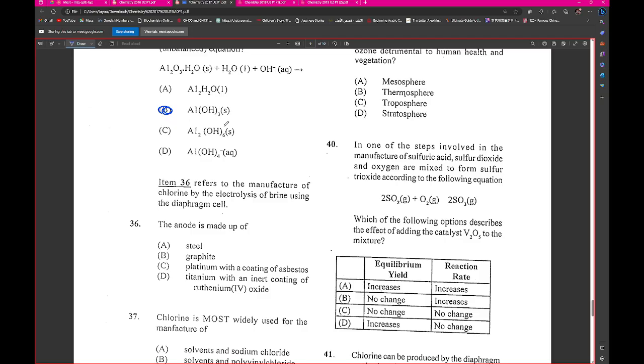Cleon, why did you say that? Hello? Okay, is it graphite, or is it titanium with the coating of ruthenium oxide? What is the answer? I think it's D. D as in dog. Okay, I'm hearing D and I'm hearing B. Two disputing answers. Alright, so let's look at the